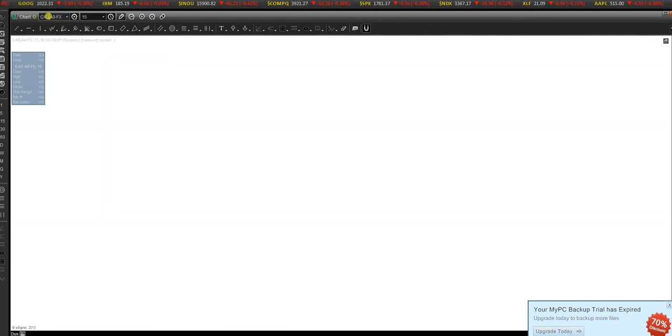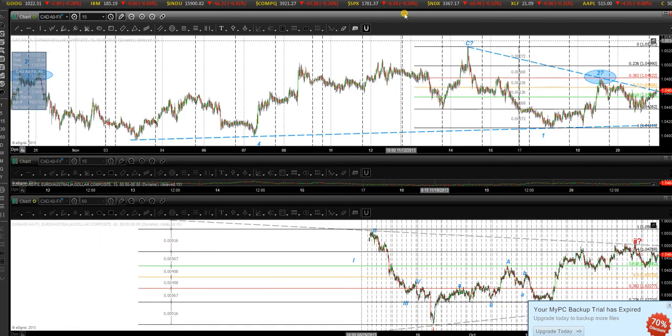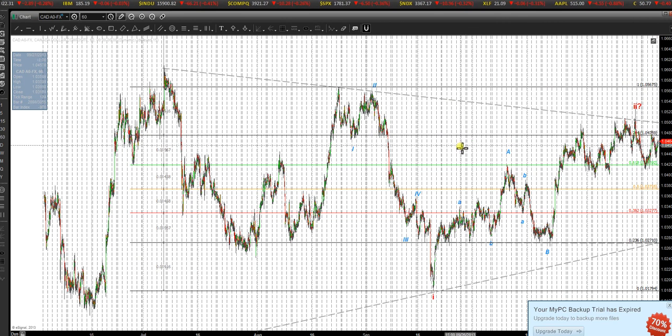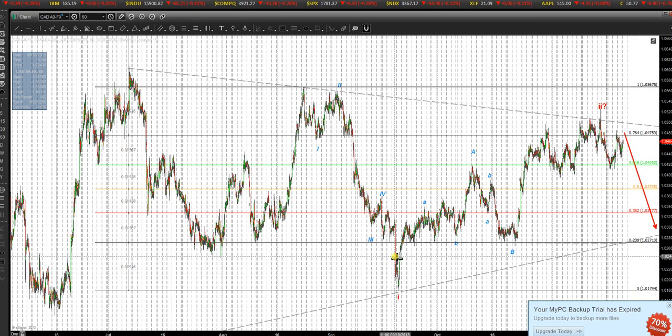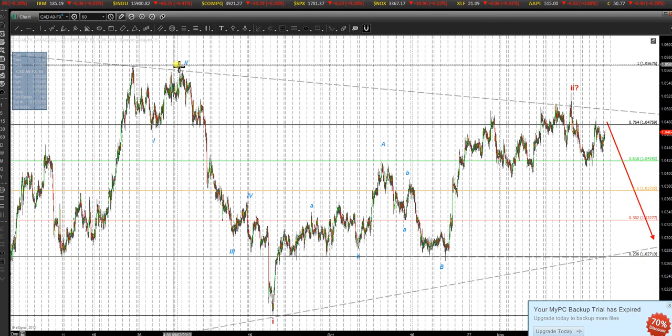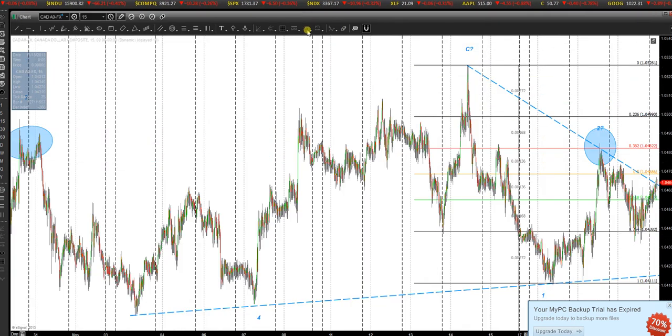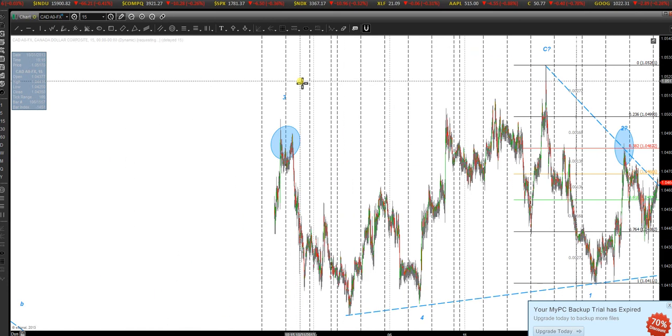Now shifting gears over to the dollar CAD. Let's just look at the hourly real quick for some direction. So we had an impulsive wave coming down, and we see that prices are trading along this descending trend line. And then we got that wave 2, and now working on wave 3 down. Now as we jump down, we see that prices